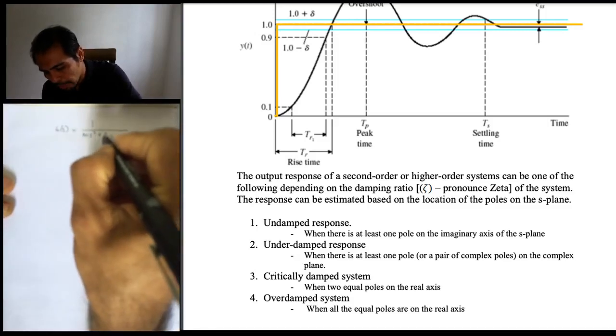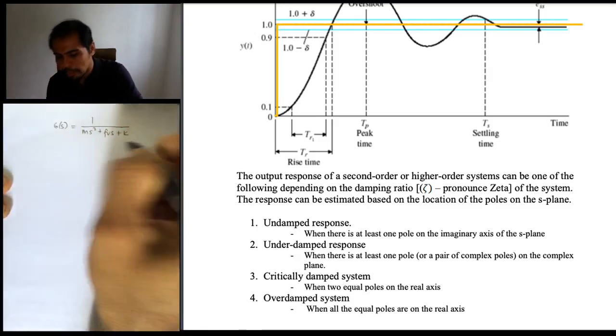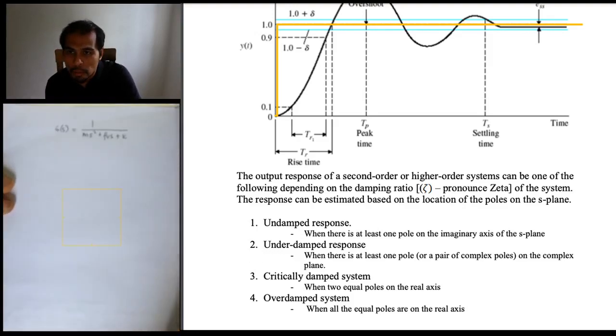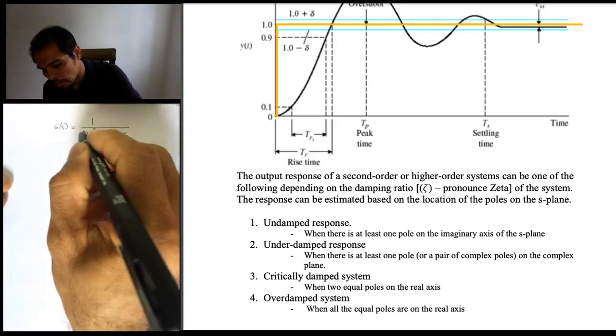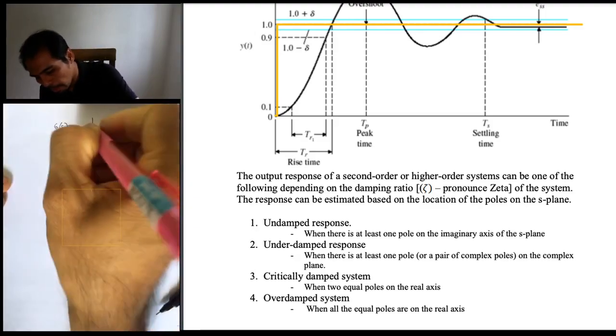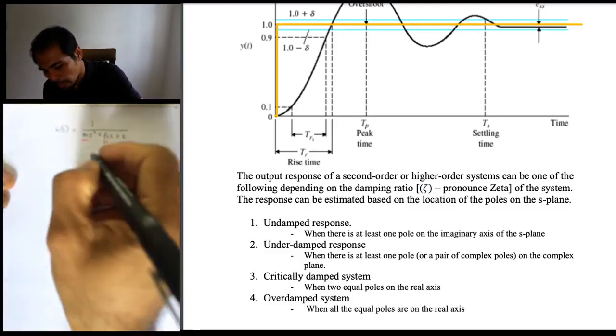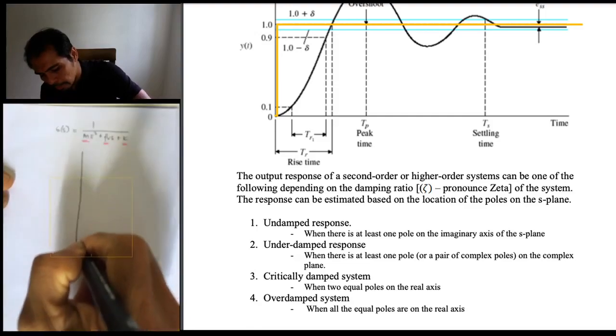Based on the values k, fv, and m here, we can make the response of the system be one of them: it could be underdamped, undamped, critically damped, or overdamped, right? So depending on the values of m, v, and k, now we can understand